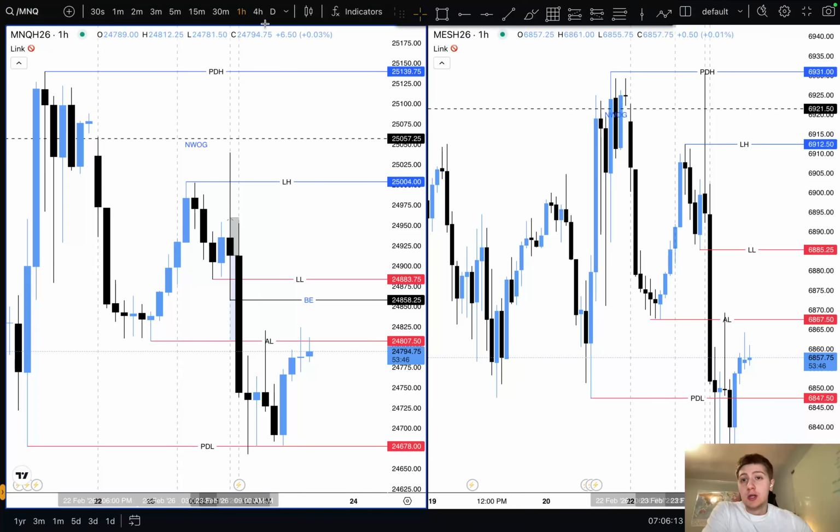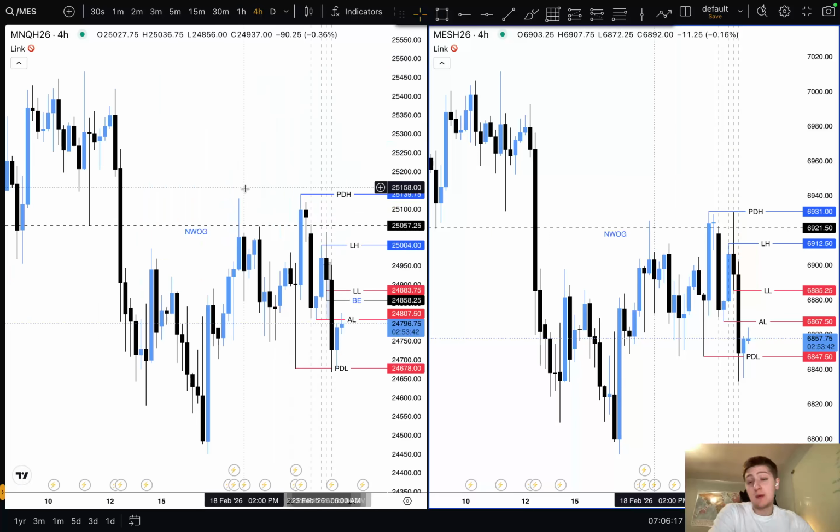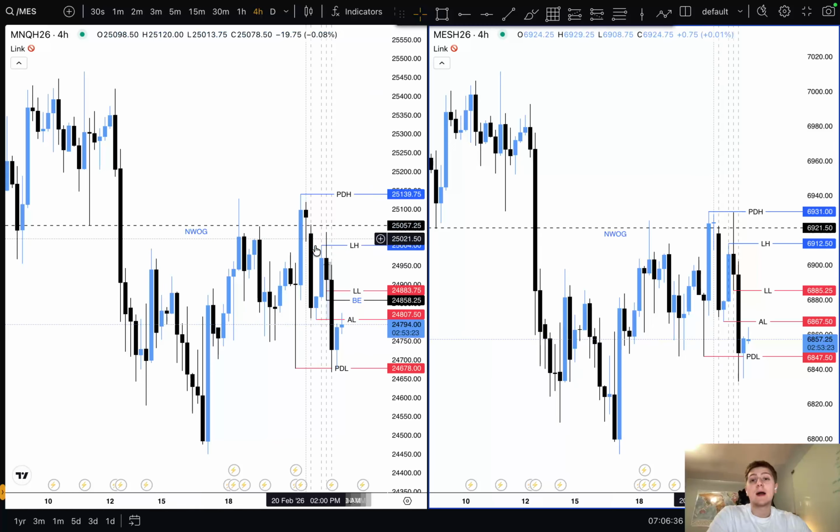So, starting out with the 4 hour time frame, I like to just look at what happened on Friday. Essentially, we took out weekly highs. And the weekly high drawn liquidity was the high resistance drawn liquidity because obviously it was the high of the week, and also because it was in the 4 hour gap. So we took that out on Friday, and then we can see the market opened the first 4 hour candle. We inversed that 4 hour gap over here, and then we created a 4 hour gap of our own,